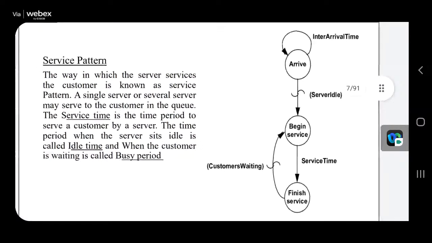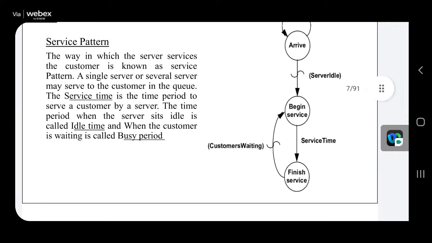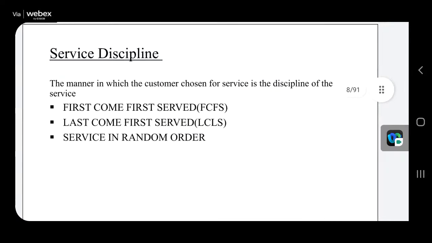Here you come to the flow chart, you can see that. Initially the server is idle, and it takes the service. The service will begin and the service will end. After the service ends, the customer who is waiting will resume and continue. This is the process in which it takes place, and it continues. These three are the most important things, and we come across them in our day-to-day life also. First come first serve basis, because for example you take that car wash or you take a ticket at the railway station.